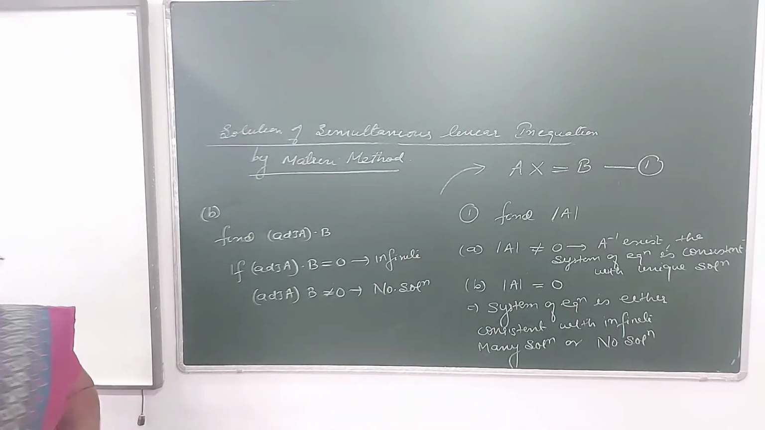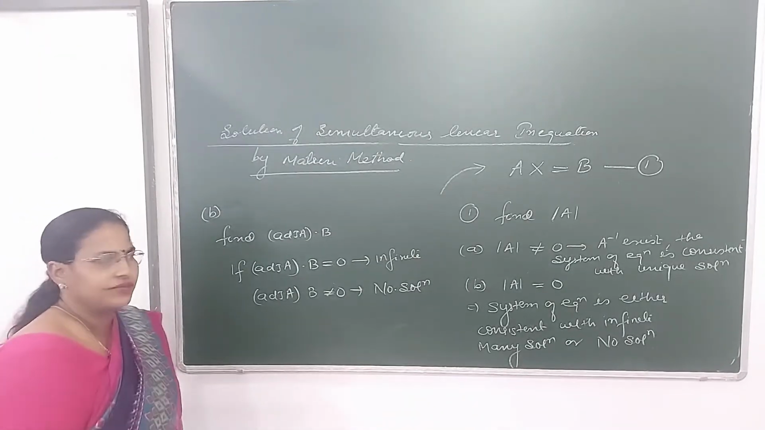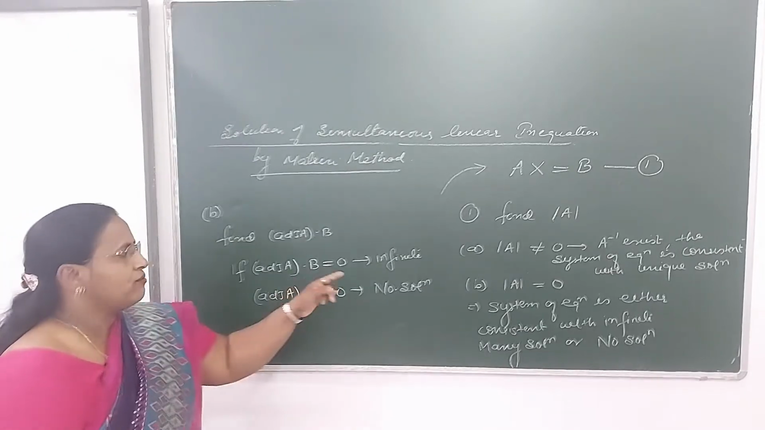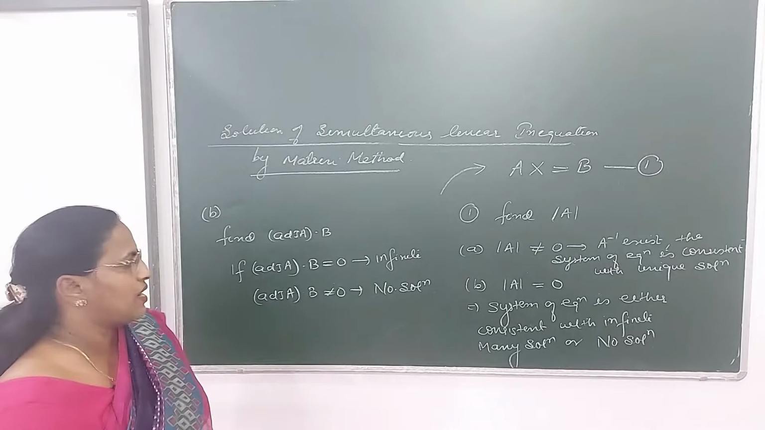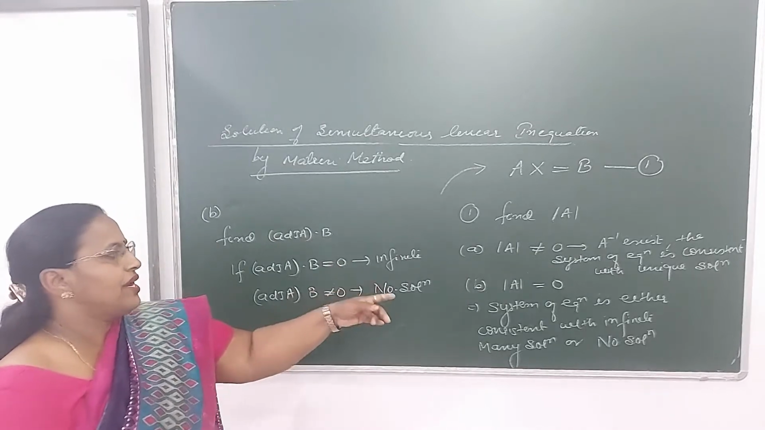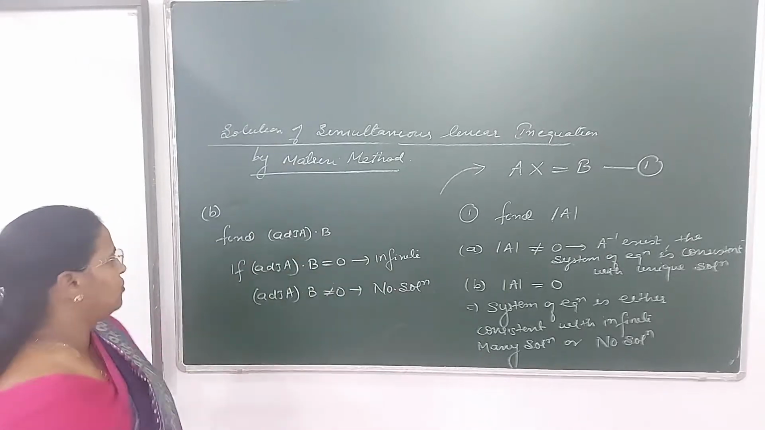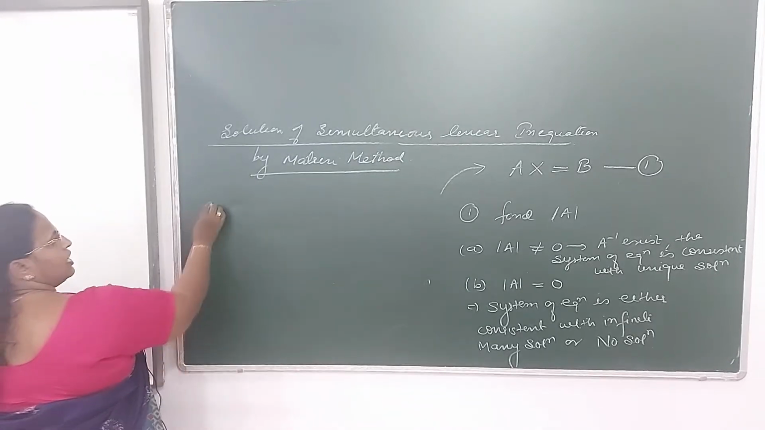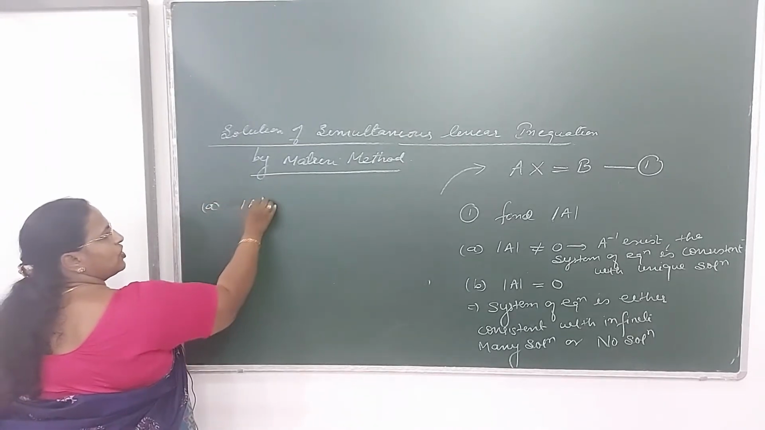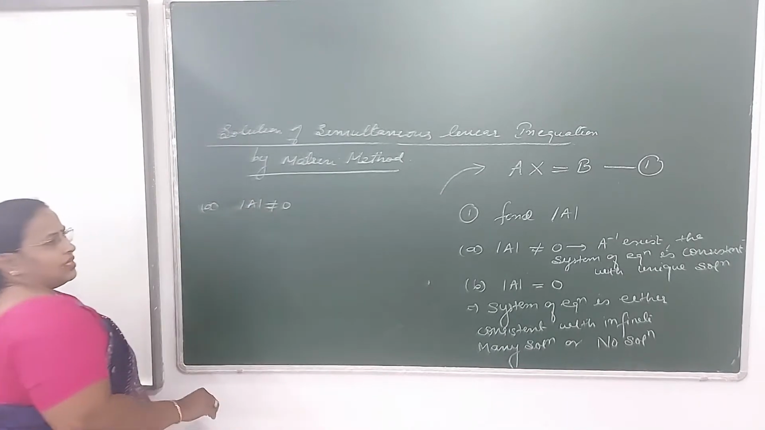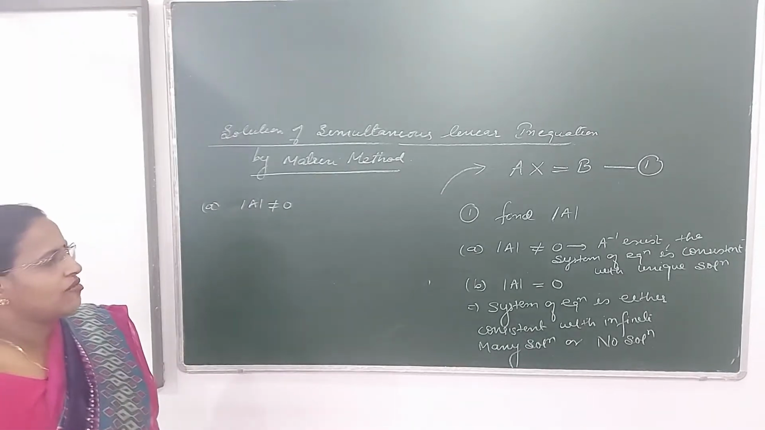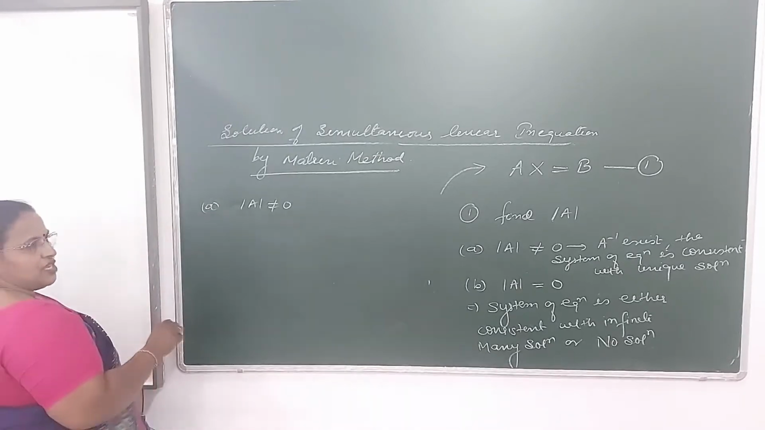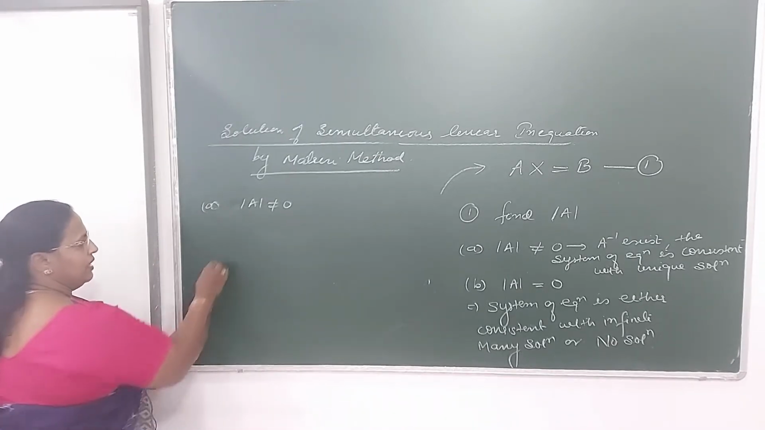So I hope children you are getting all this clear. So this way this can be done. Now we'll come to the first part. What is the first part? If determinant of A is not equal to 0, then A inverse exists, and the system of equations is consistent with a unique solution. Now in this particular condition, the procedure will be